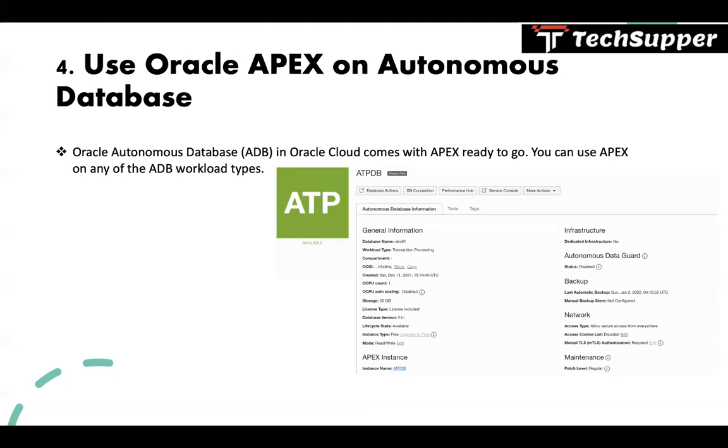Once you create any autonomous database, whether it's transaction processing or warehouse, any workload type supports Apex. By default, an autonomous database is provisioned with Apex. You can use it. This is the fourth way. If you have an autonomous database, you can use Apex for free.